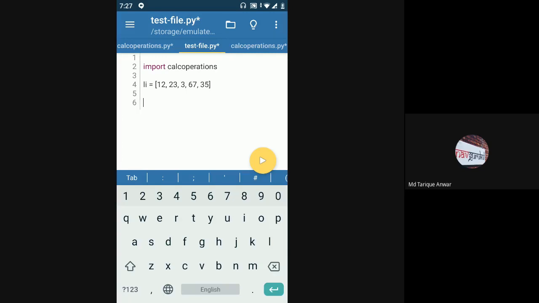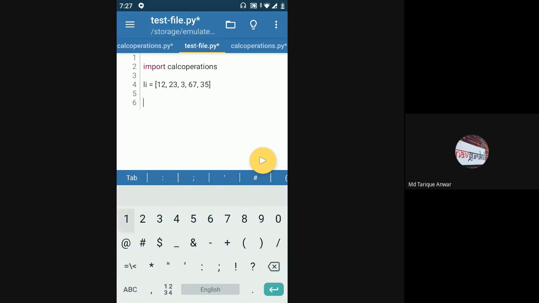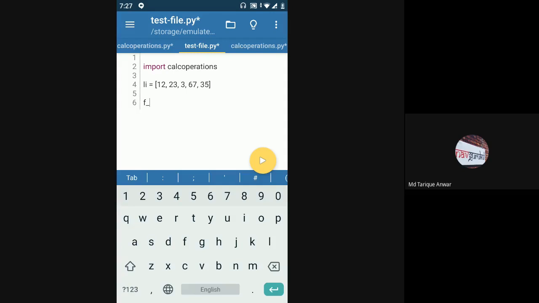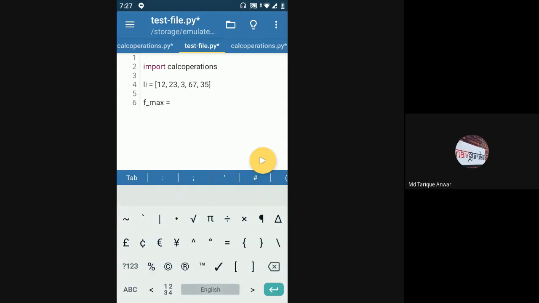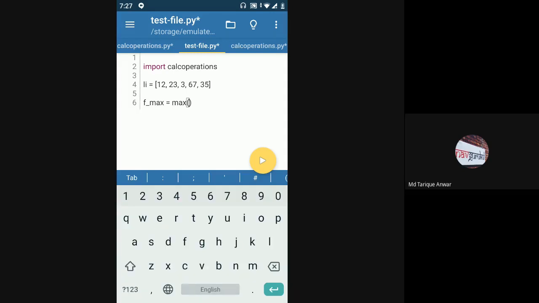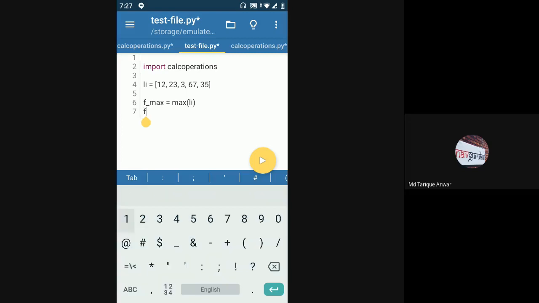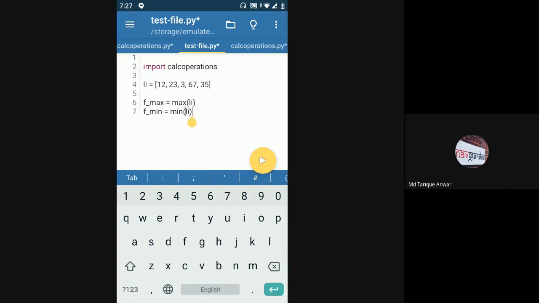So if I say f max is equal to max of li, and f min is equal to min of li. So I have max and min and I want to get the addition of these two numbers, and that's why I'm using calc operations.